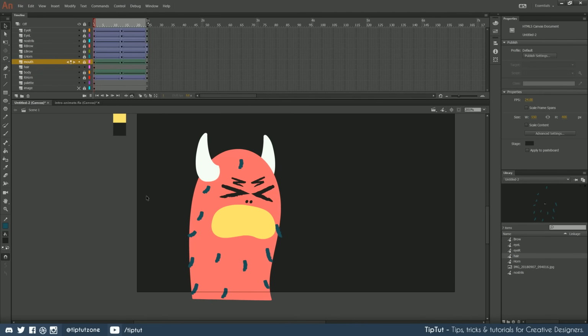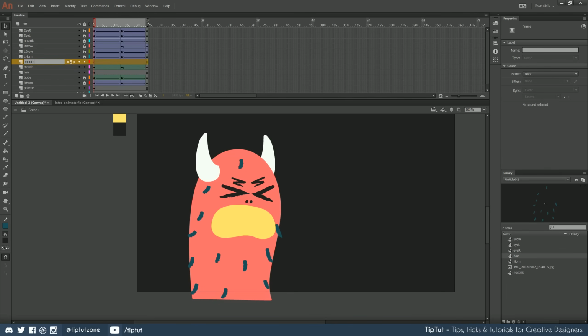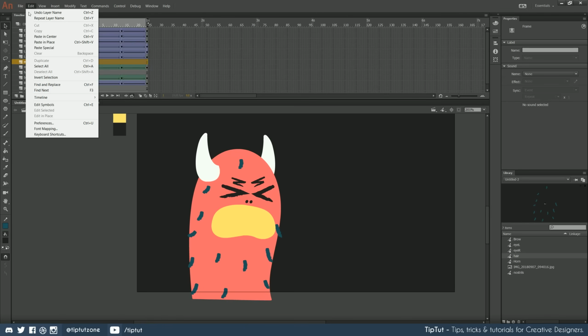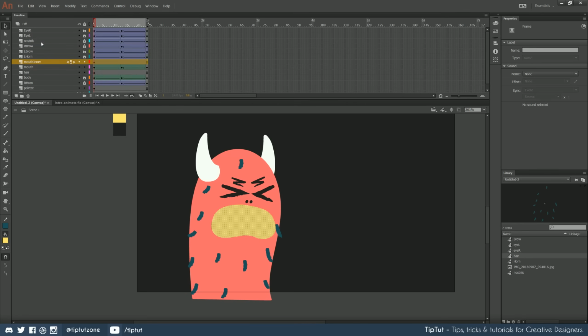Okay, the first step is to create the outline of the mouth that we need. Now, there are going to be some weird steps in here that you may not understand straight away, the reasoning why we're doing them, that is, but just follow along and hopefully you will understand by the end. Okay, we're going to double click and select everything on our mouth layer and hit Control-C to copy that. We're then going to create a new layer and call this one Mouth Inner. Okay, from there, we're going to hit Edit, Paste in Place.